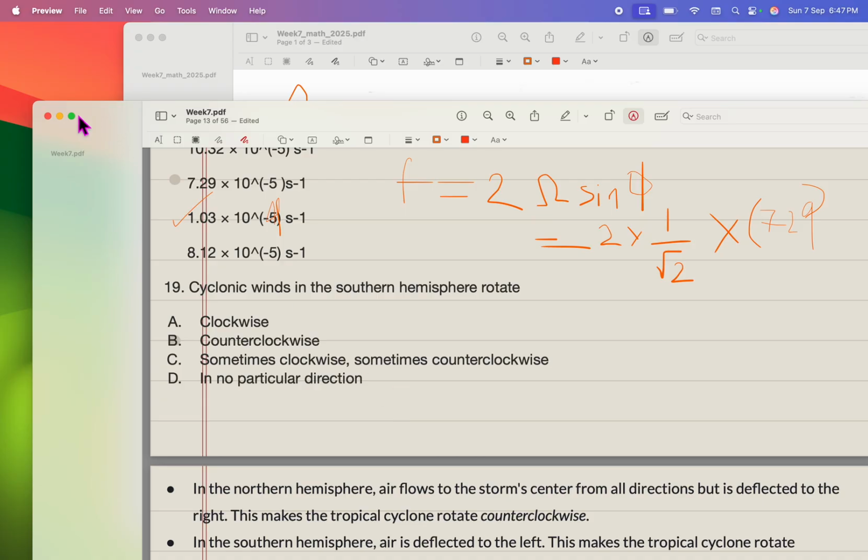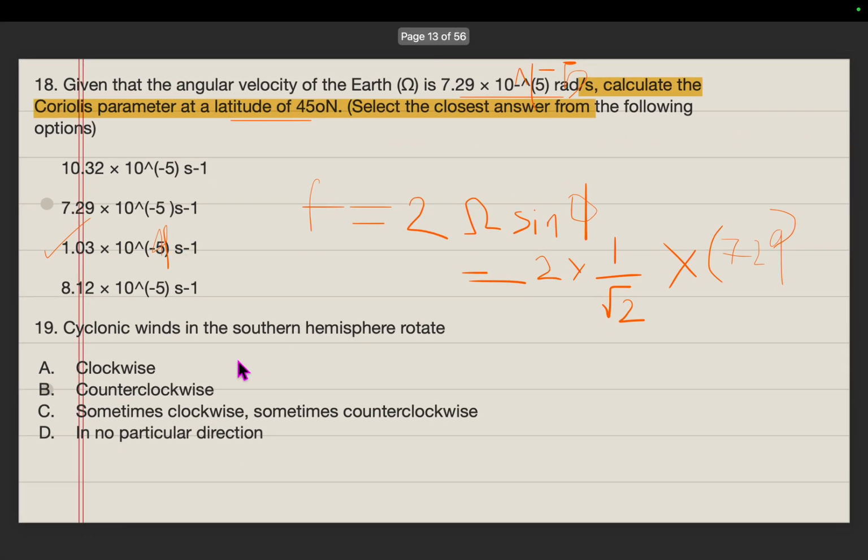Question 19. The cyclonic winds in the southern hemisphere rotate in which direction? We will derive this direction due to the Coriolis force in a later class. But it is the thing that when there is air, suppose this is Earth,